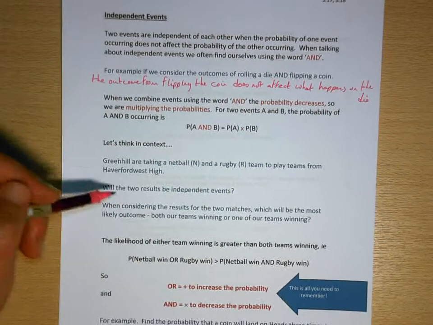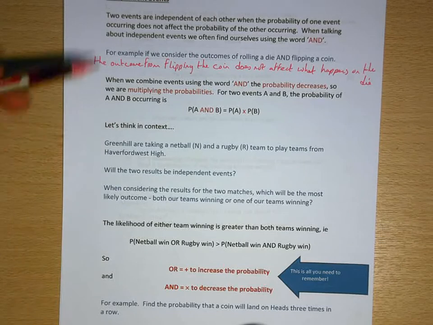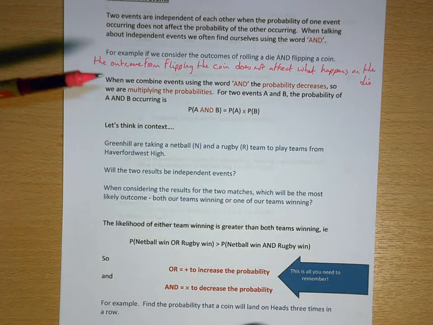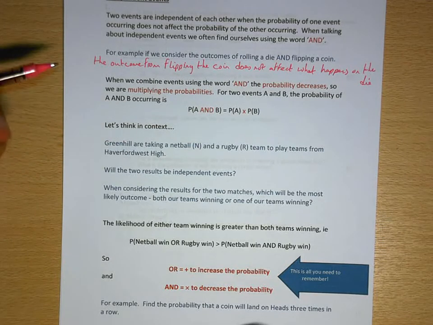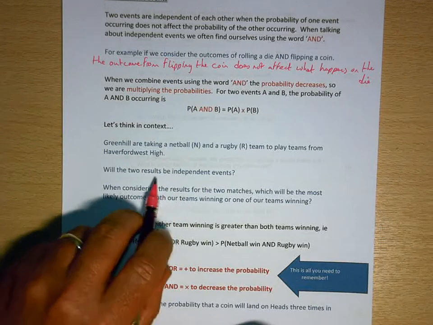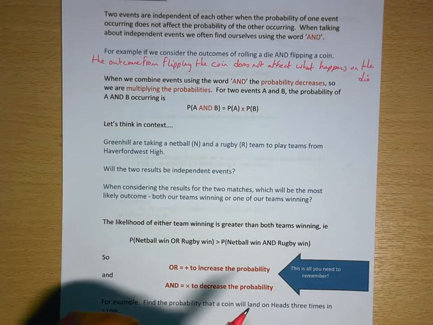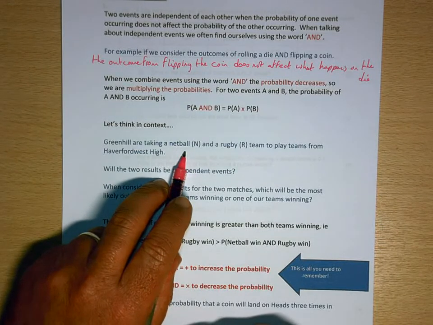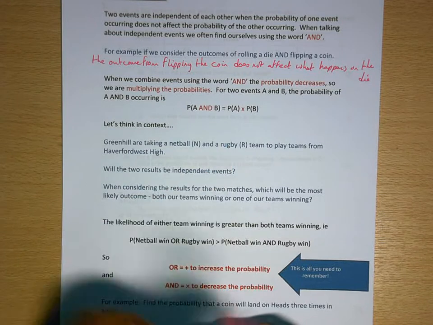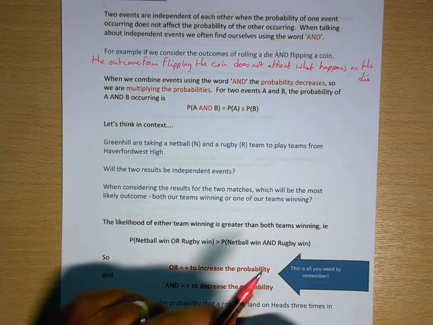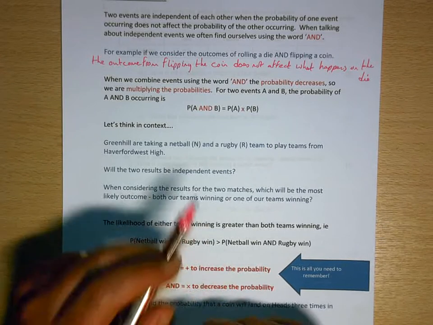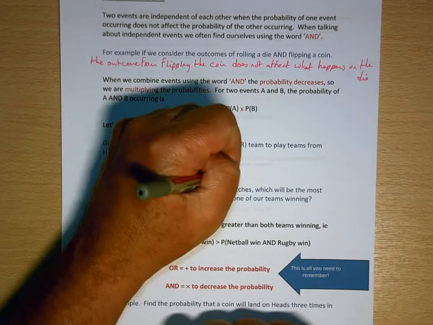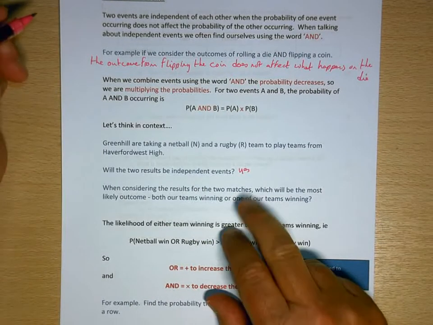If I give you a context for that, hopefully it'll help make it clear. So imagine that Greenhill, we're going to take a netball and a rugby team to play against teams from Haverfordwest High. Can we say that the results are independent? Well, do we think that if the netball team win, that will influence the result of the rugby team? It shouldn't. It shouldn't have any effect. So we should be able to say that they are independent events. So will the two results be independent? Yes,